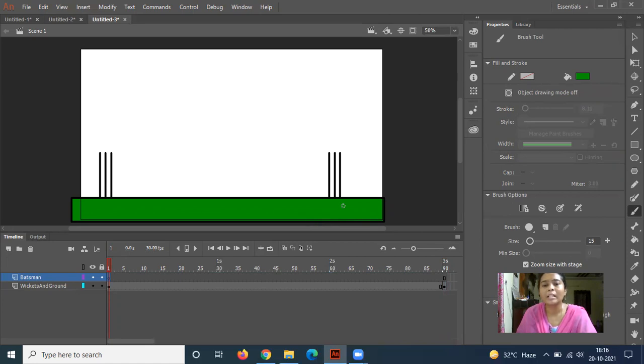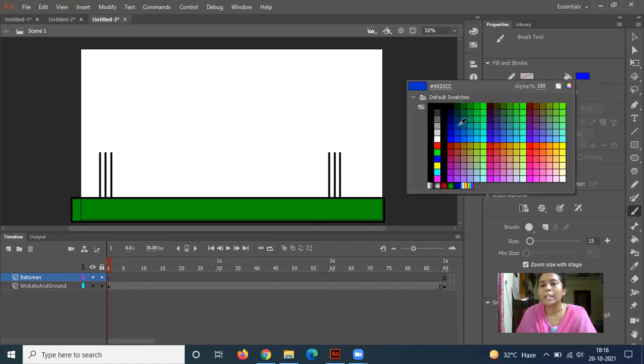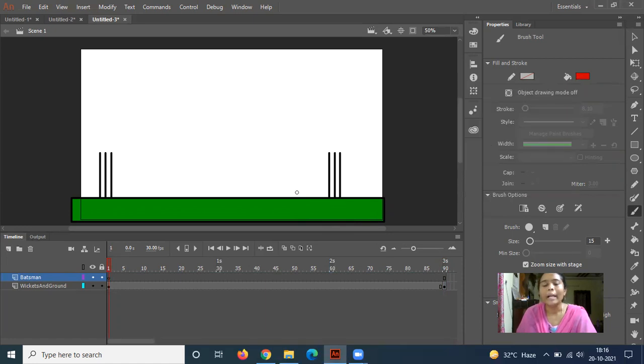Obviously, this ground is in green color. Now I would like to change the batsman color, so I'm changing to red. With the brush tool, I'm drawing the batsman here. This depends upon our creativity. Just draw the batsman here.